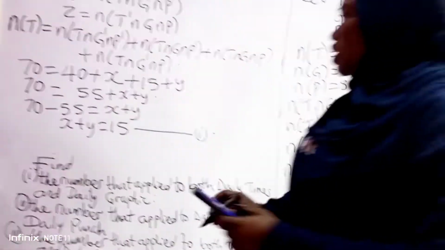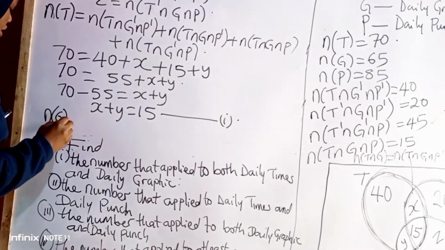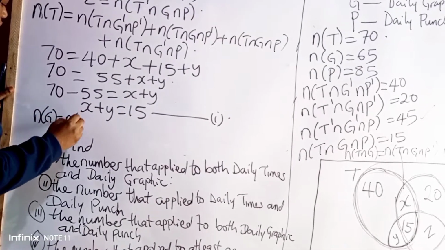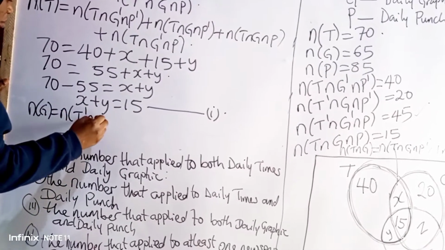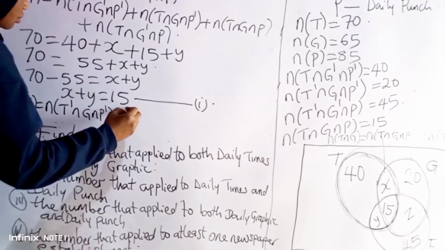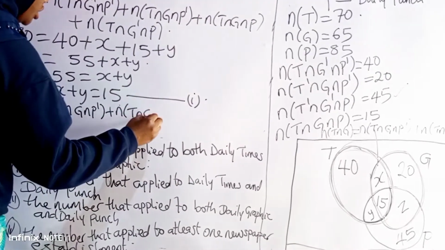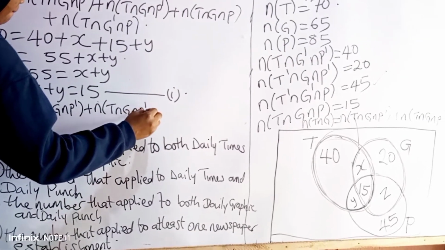So now I will say that cardinality of G is equal to not T but G and not P, plus cardinality of T and G and not P,